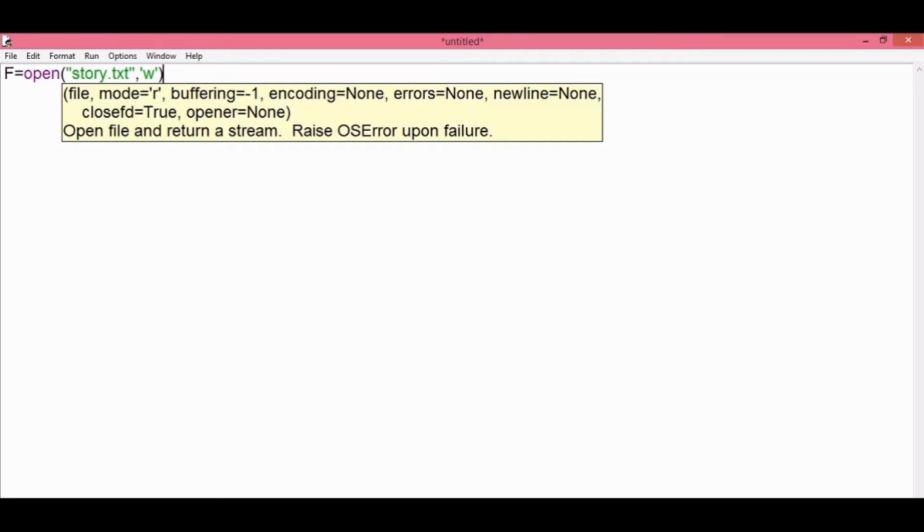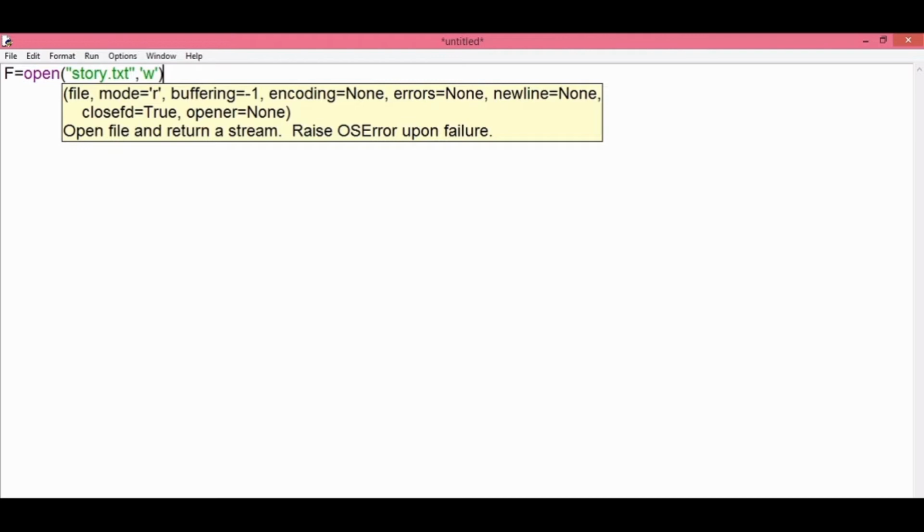Now story.txt does not exist on my computer, but when I try to open it in the write mode, the file will be created automatically and gets saved in the same folder where all the other Python programs have been saved. The meaning of this line is that story.txt is now linked with the variable f.